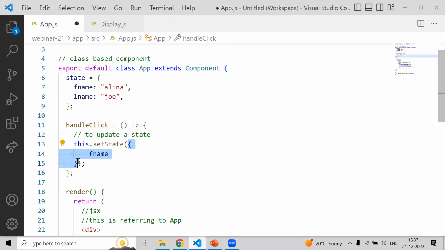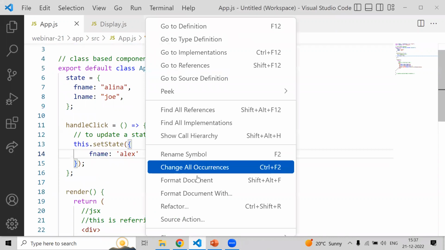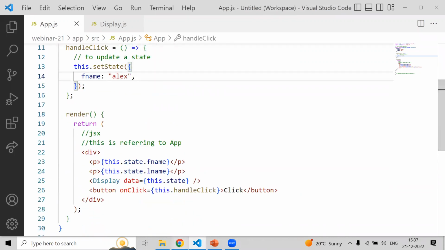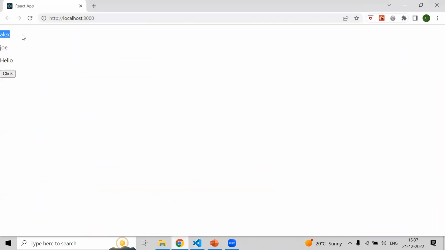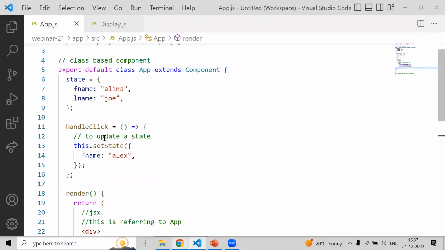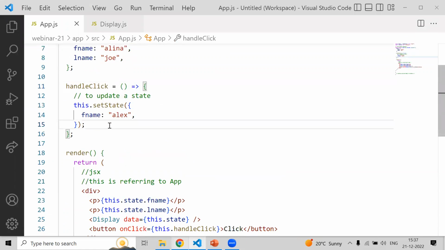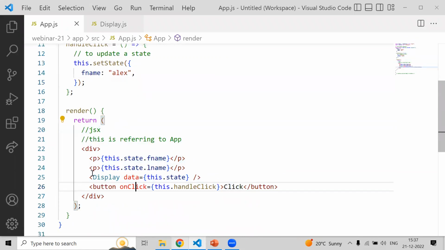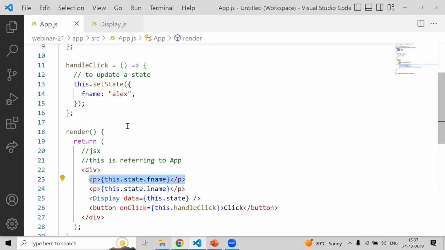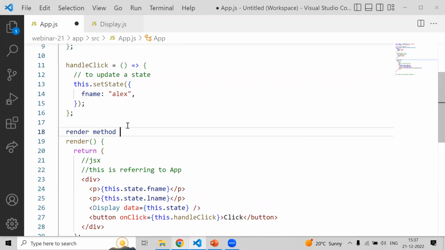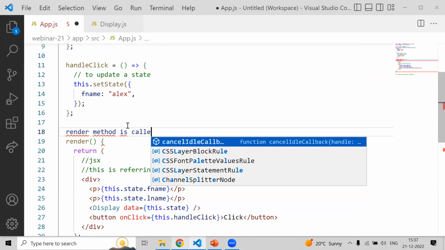It's a method, so pass curly braces and pass fName colon Alex. I want to change Elena to Alex on click of this button. Now you will see, I will click on this, and Elena is changed to Alex. Just look at it. I click on it, and Elena is changed to Alex. So when you click on this button, the Elena value is changed to Alex. Till this line number 15, it is updated. Why are you able to see this updated change in the UI? Because the render method is called every time